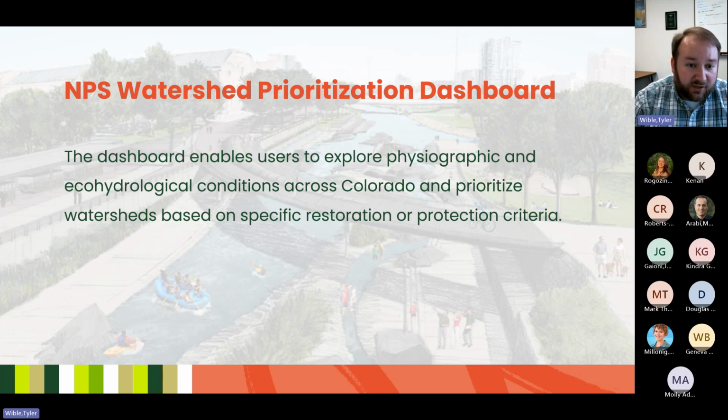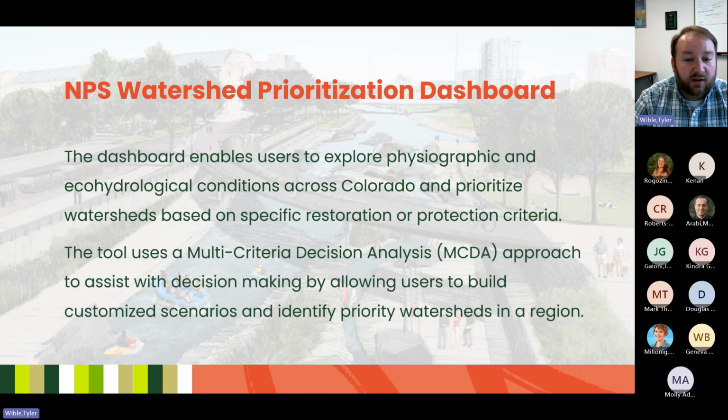What segment of this watershed do I need to go pay attention to for protection, for restoration, for examples of watershed health or examples of poor watershed health or vulnerability across all the different spectrums of different categories of data. Behind the scenes, this dashboard uses a multi-criteria decision analysis, and that'll become clear why, to help with the ranking of all of those disparate data sets and watershed indicators, because we've got, I think, 235 plus indicators built into